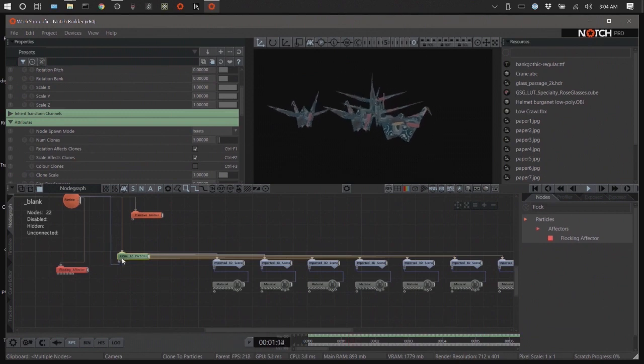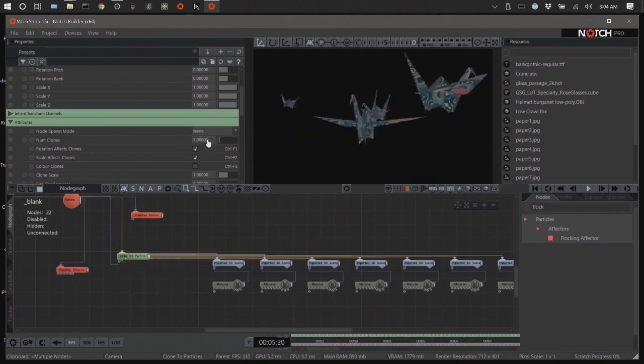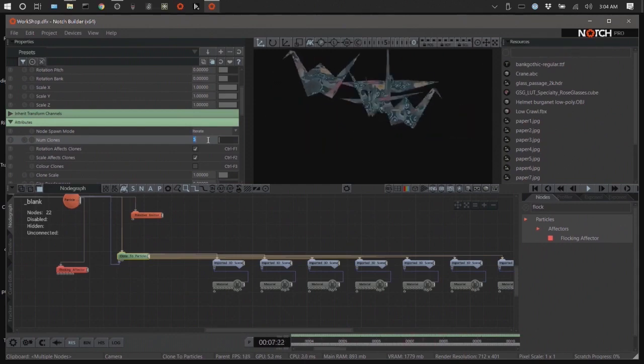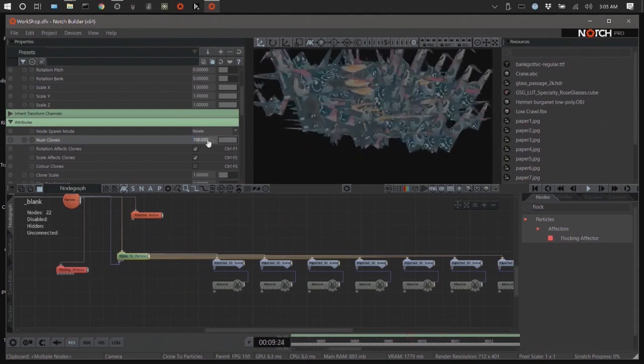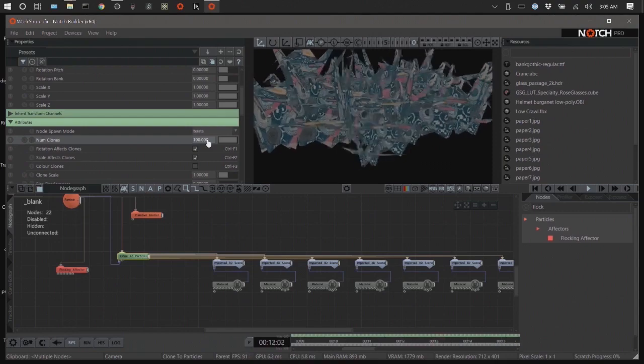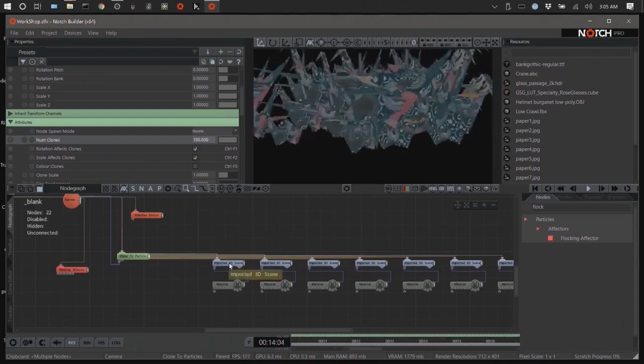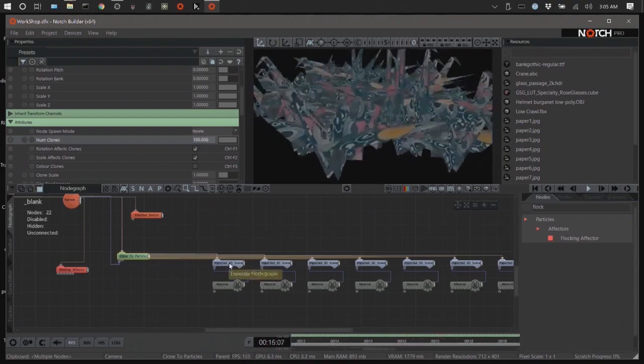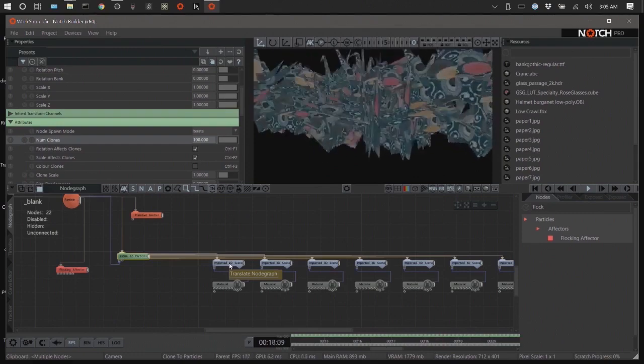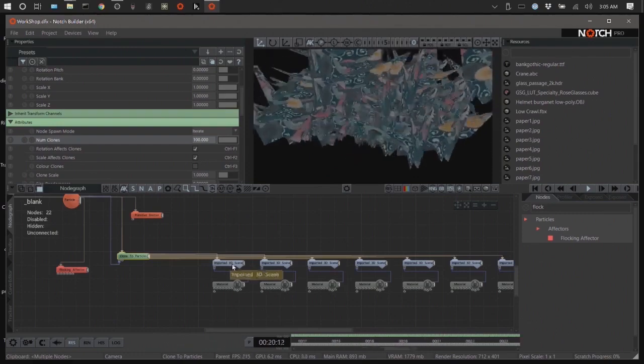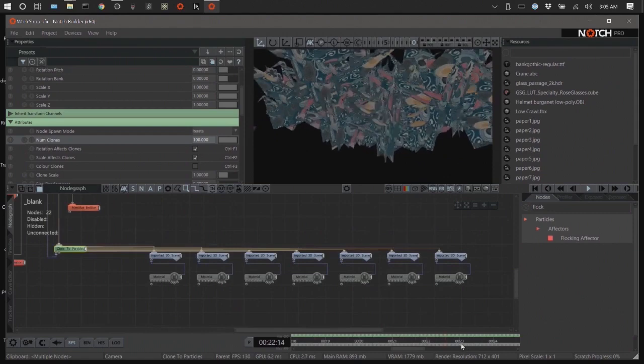Make it, say, 100. 5から100に変えてください。PC スペック的に高すぎたら、数を落としてください。